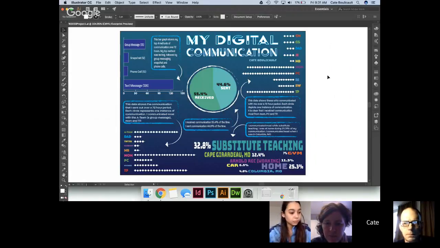The thing that's a little bit confusing about this is, like, PC, RE, RW, and then CM, CG, they're all part of the A team, my work group. So they sent me messages within that message, but then down here it's like I sent messages to the whole group. So I wasn't sure how to convey that I was texting those people, but not directly to them. Well, that's interesting.